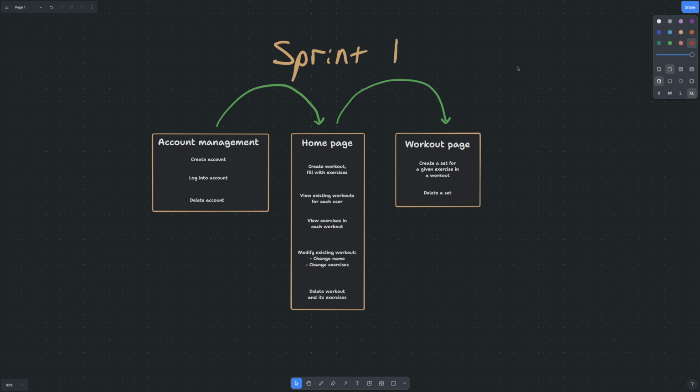So, for our first sprint, originally we set out to create the basic architecture for our application, including our database and API. We set up everything related to account management, the homepage that lets you view, modify, and delete workouts and exercises, as well as the workout page that actually lets you create individual sets for each exercise or delete